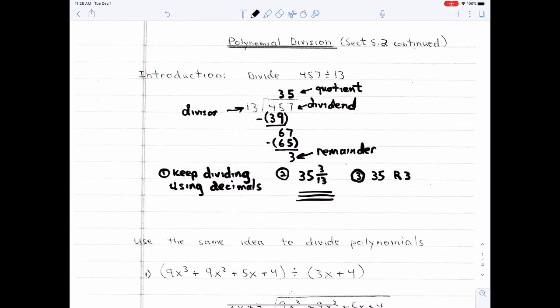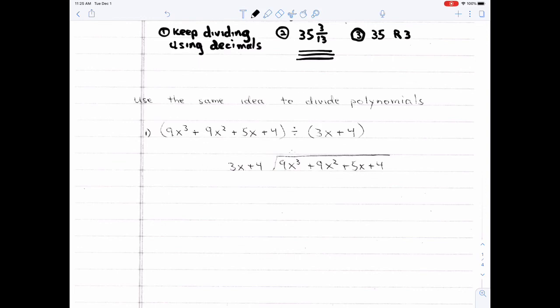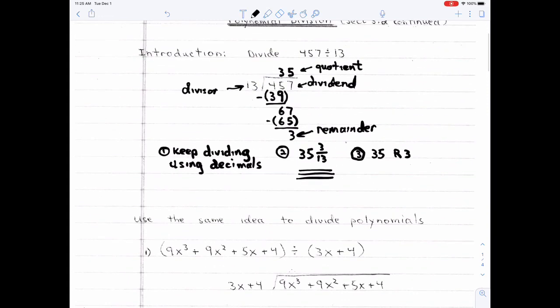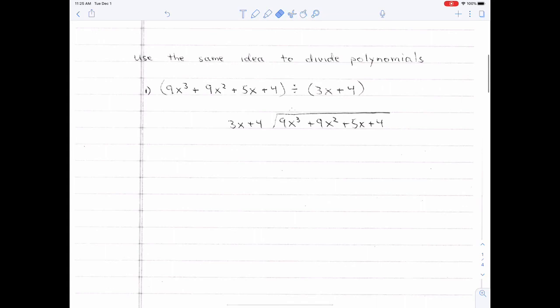Okay. Now let's see how that works with polynomial division. Basically, we're going to have the same idea. When I figure out what goes on top, up here where the 35 is, I don't have to look at the entire 45 or 457, just the part that I need, right? Well, I'm going to do the same thing down here. To figure out what goes on top, I don't need to look at all of it. I just need to look at the first term above the divisor and the